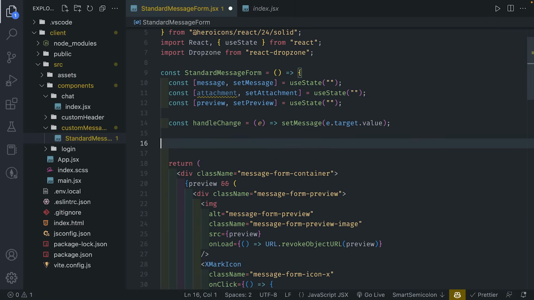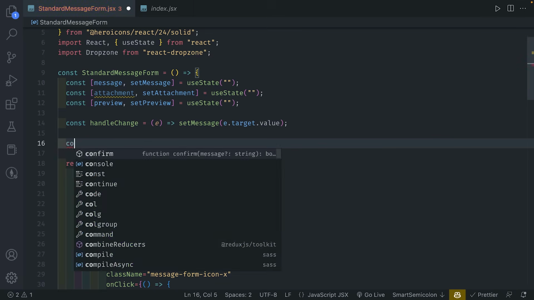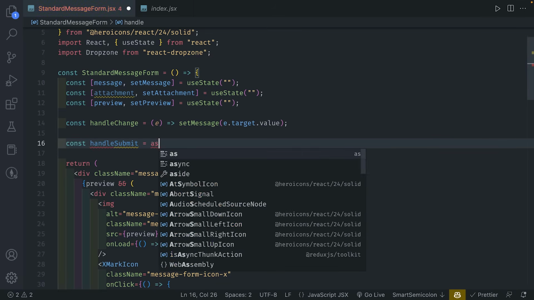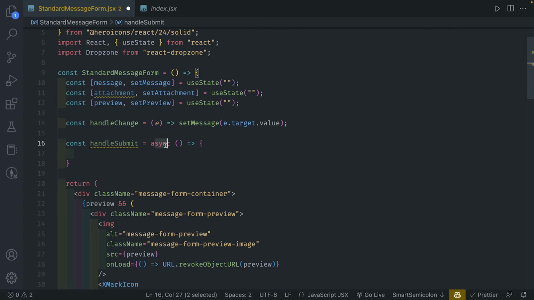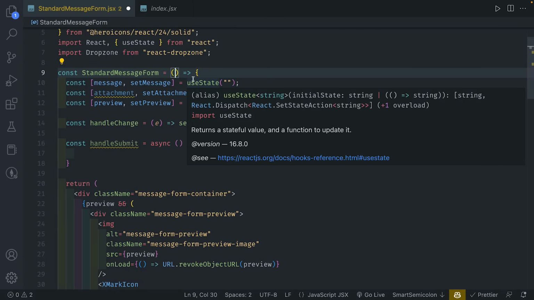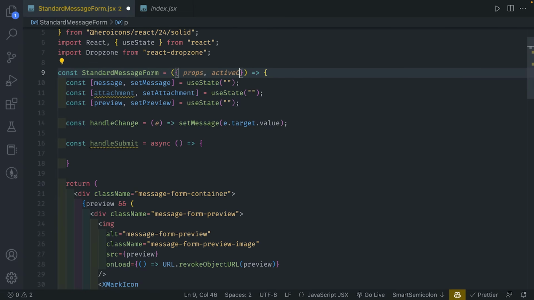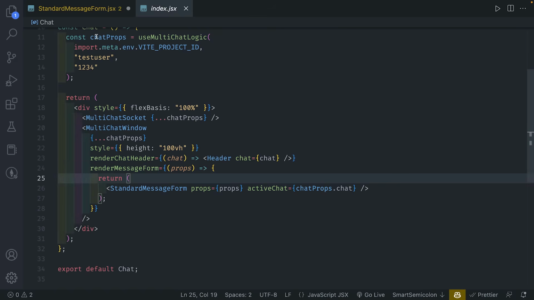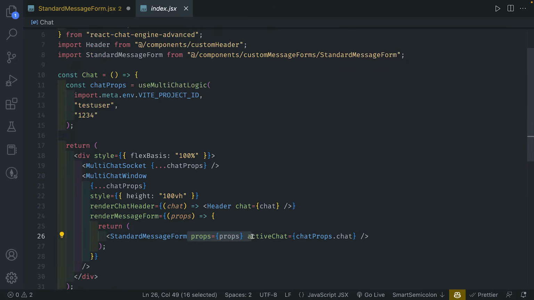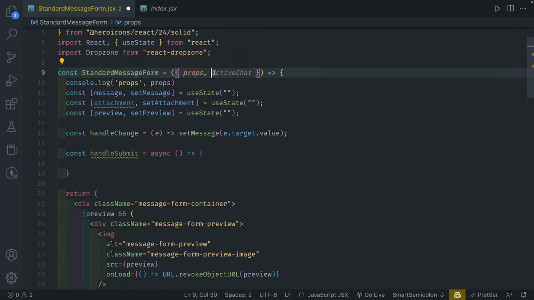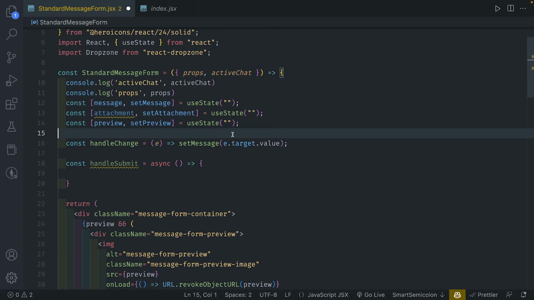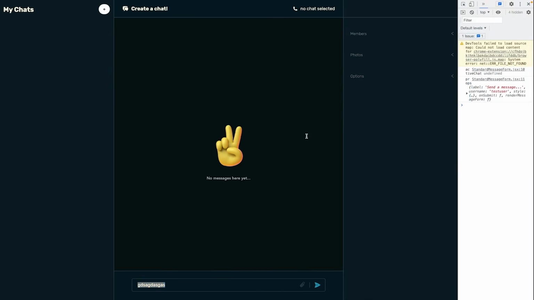So we can create it up here at the top. Let me close this. We're going to have const handleSubmit. And what we're going to do is some asynchronous calls to the backend, so we're going to have this labeled as async. And before we go and run this function, I want to add some props over here. So I'm going to add the props and the activeChat. If you remember, in our chat component, we have the props being passed as well as the activeChat. And for your sake, we're just going to console log both of these out so we can see what's happening. So if I save it and open it up,